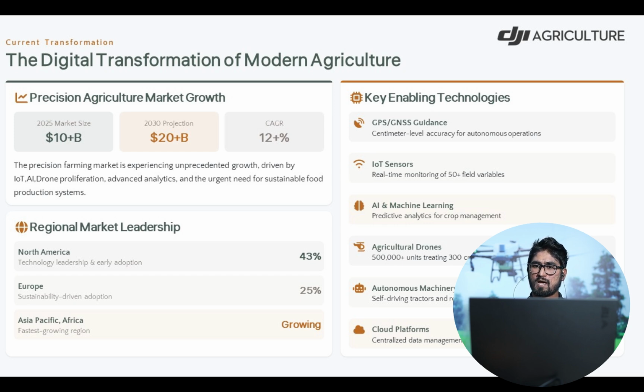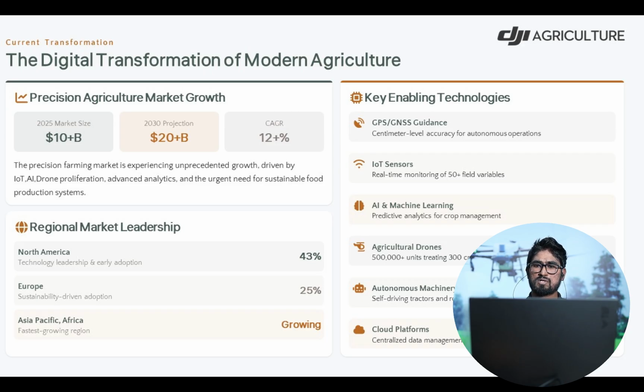So we have key technologies to incorporate into our modern farming, such as GPS and GNSS guidance. Using that, we can get centimeter-level accuracy in autonomous operations.